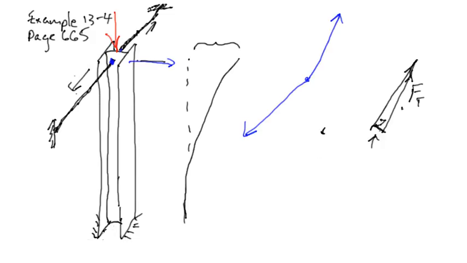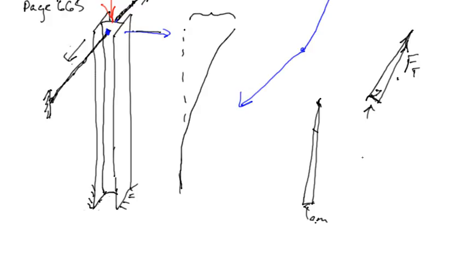It'd be a tiny change in the length of the rope. If that's a centimeter, the length of the rope is going to change by whatever it was. And if the rope is a meter, 100 centimeters